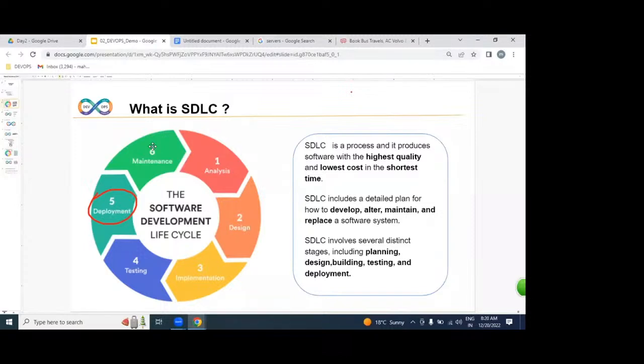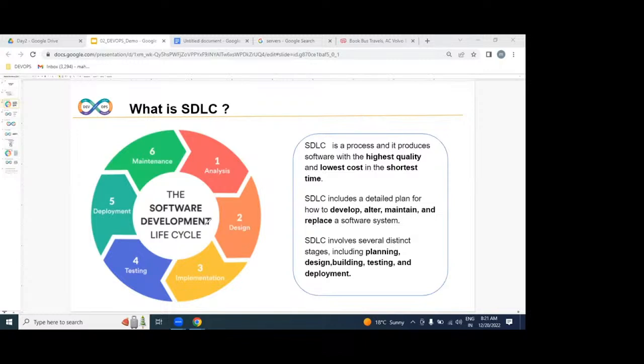This entire process we call what? SDLC. In SDLC, each and every IT employee is involved. Not only the DevOps engineer, but also the AWS admin, Linux administrator, developers, testers. We are all together as a team, producing a website, like a cricket team, like movie makers.